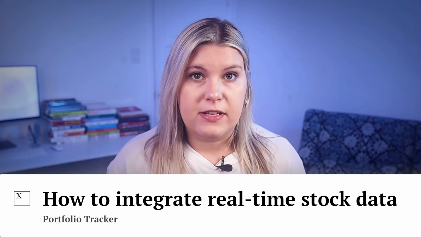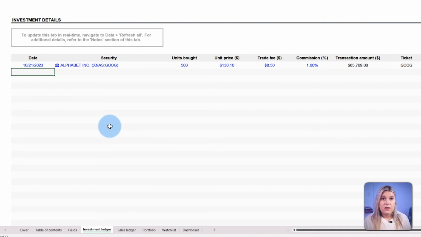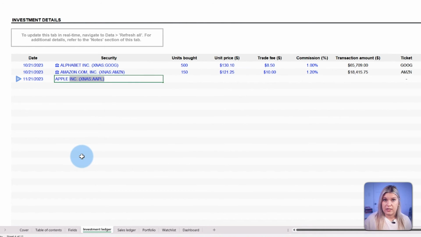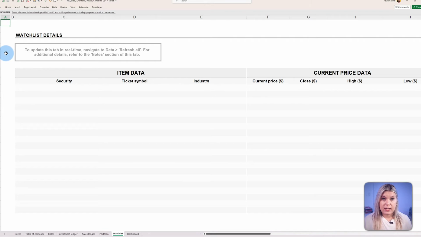A standout feature of this spreadsheet is its integration with Excel's stock data format, which enables the real-time feed of stock information. For those unfamiliar, this functionality allows users to pull in stock-related information and ensure their portfolio reflects current market dynamics. In case you want to add new securities using this feature, first input the desired security name in